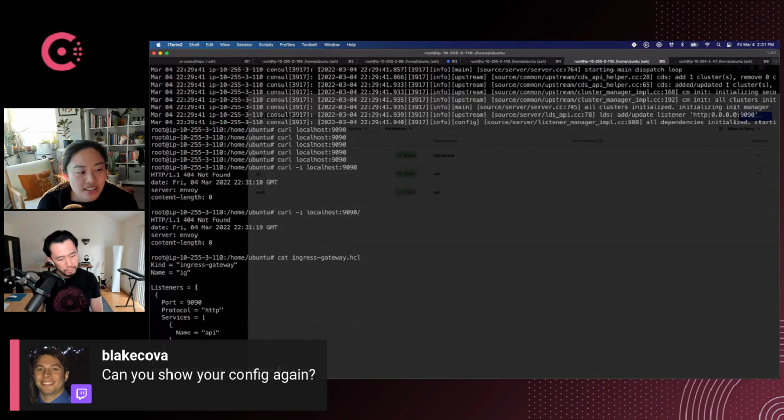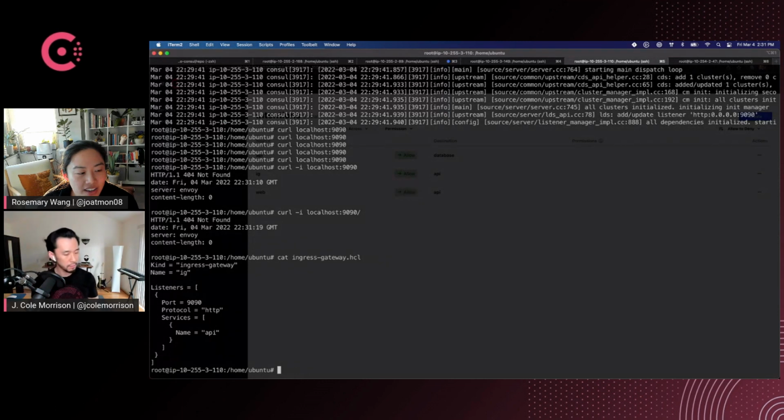The downside is that we may or may not have the listener is the same as the listener of the ingress gateway. Yeah, on the API. I wonder if they're conflicting a wee bit. I don't think it would be. I feel like if I had to guess, it would account for that case, right? But I have no idea. I think it should be okay. Yeah. Can you just curl it again, or actually, let's check the